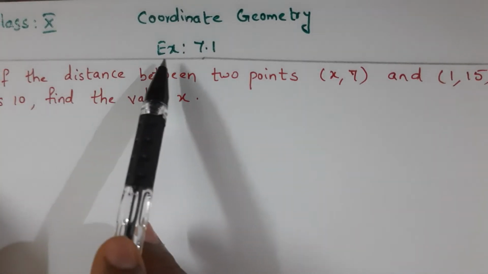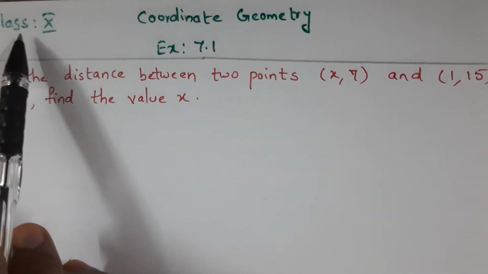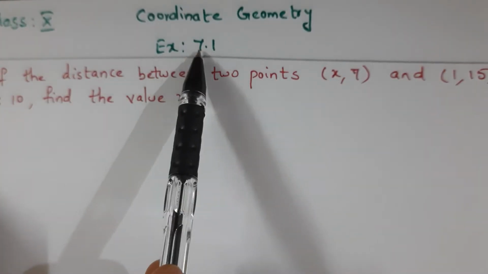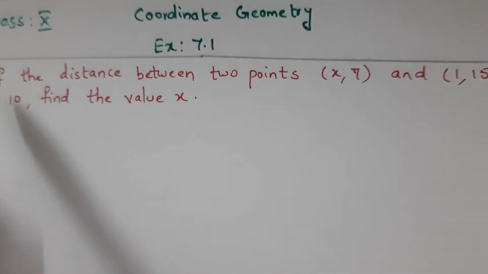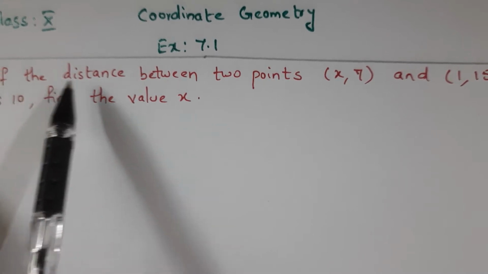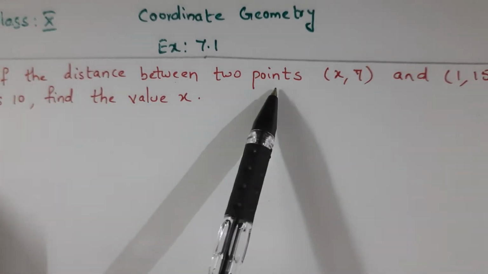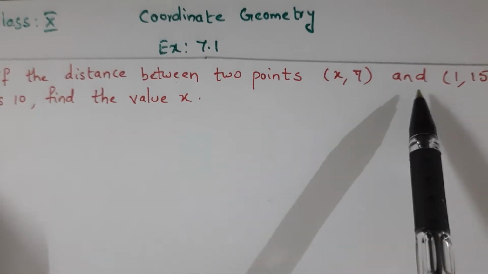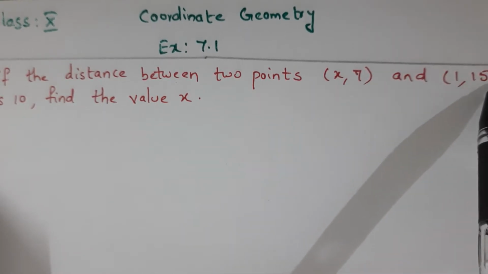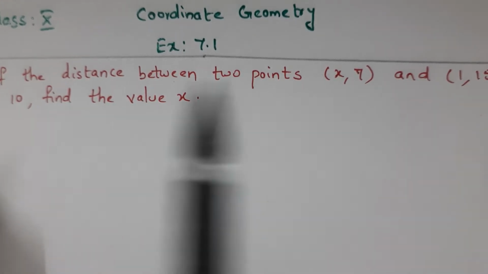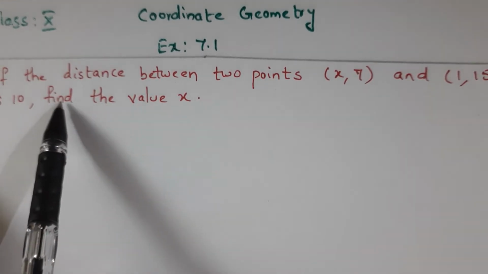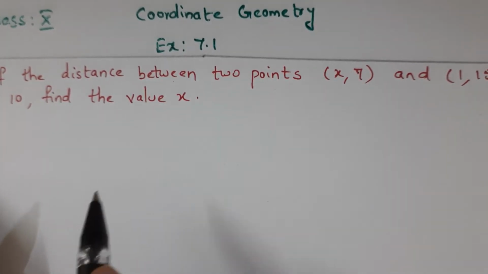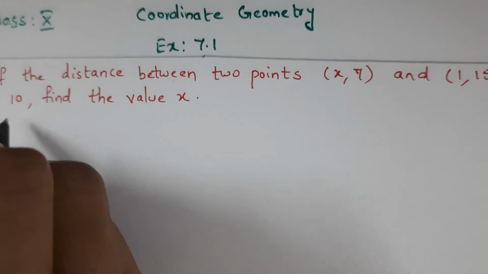In this session, we will do problems for class 10, chapter coordinate geometry, exercise 7.1. The problem is, if the distance between 2 points x comma 7, this is the first point, and 1 comma 15, this is the second point, is 10, find the value x. So first we'll write the given points, that is